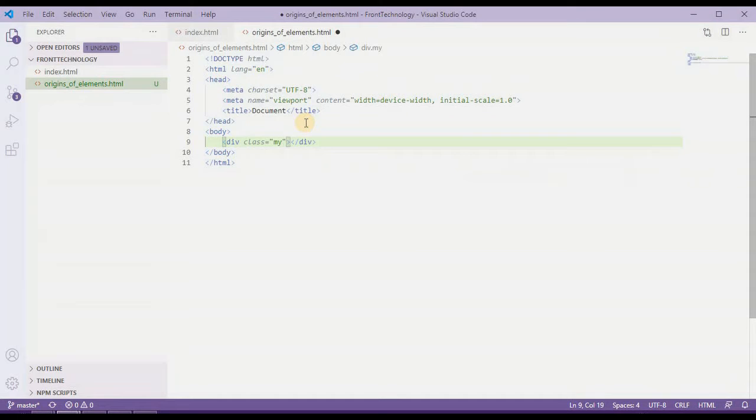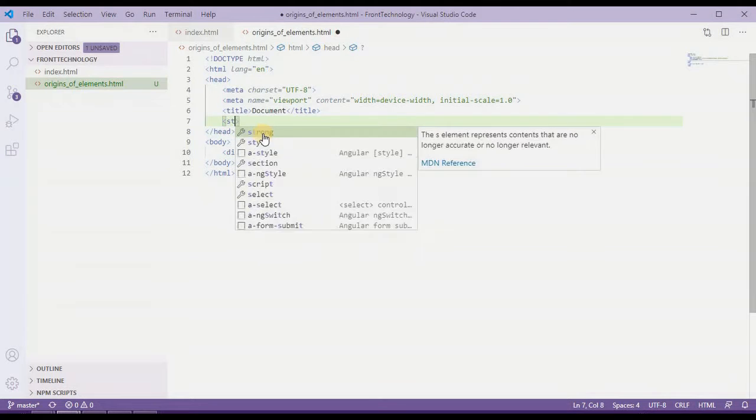It is going to be my div. Here in my head tag, I'm guessing that you are already familiar with style.css, and we can write styles in our head tag too.